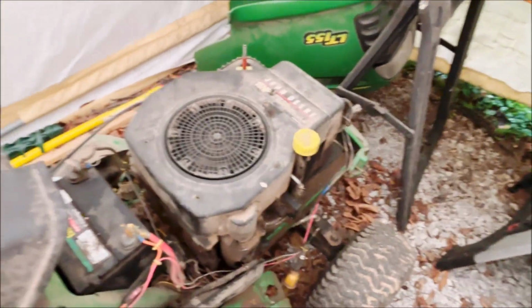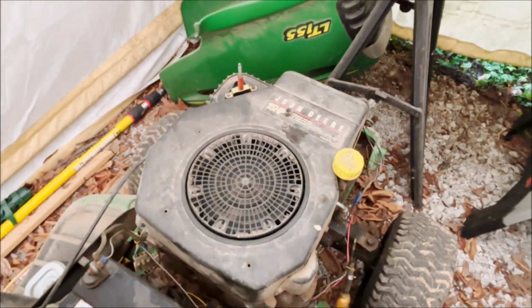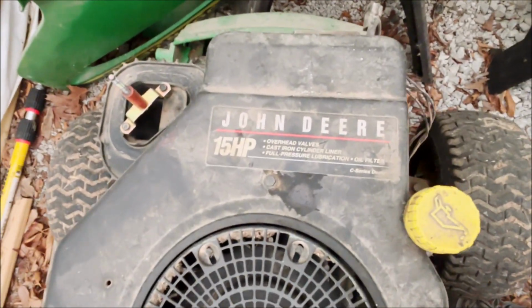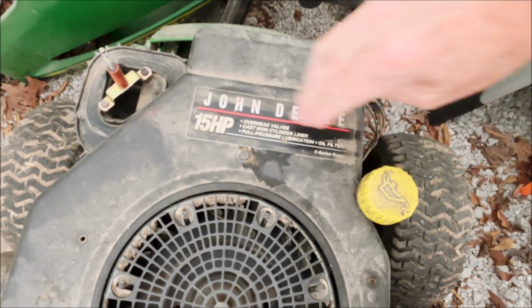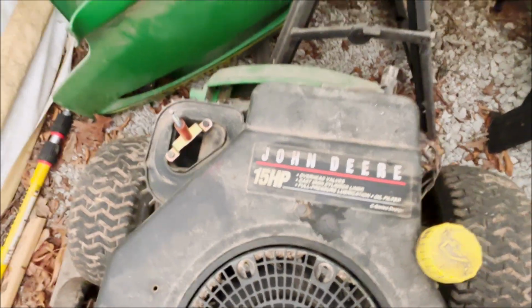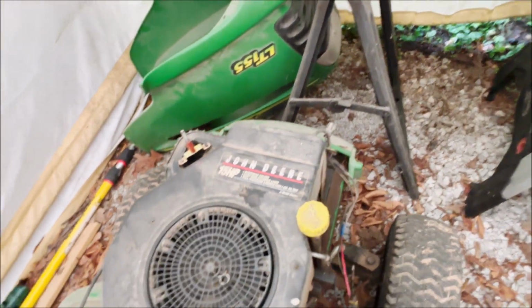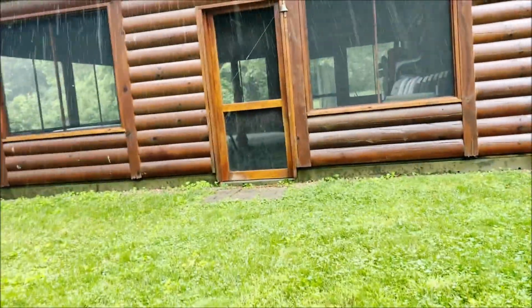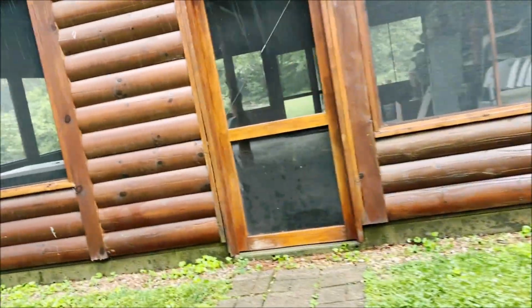And now John Deere 15 horsepower C-Series design. I'm going to turn this off and take a couple pictures. Well, I got my pictures. It is raining much harder. I'm going back inside. I am not doing any work outside